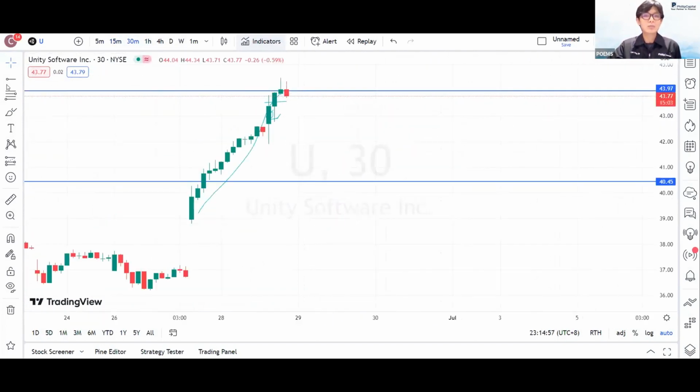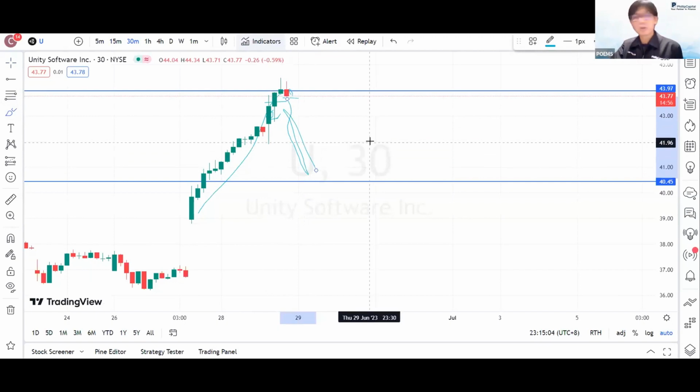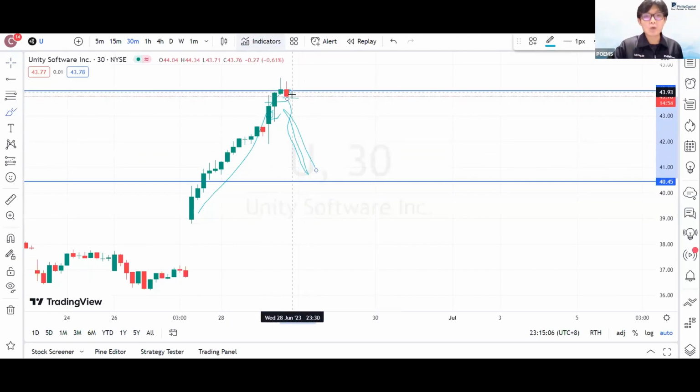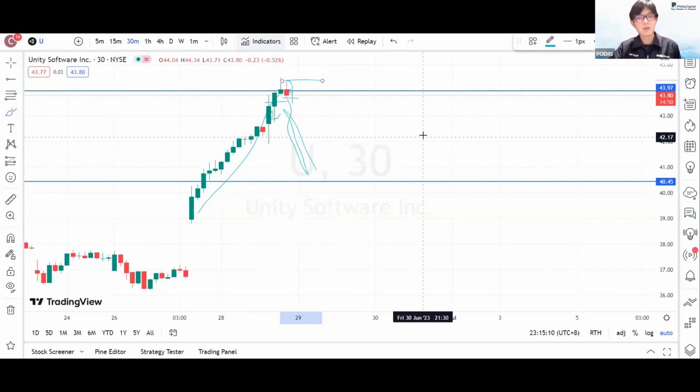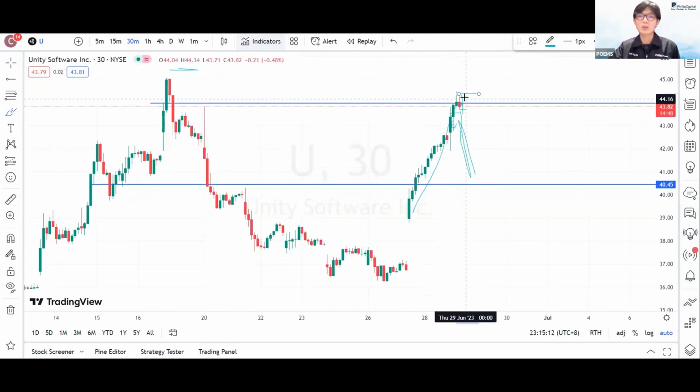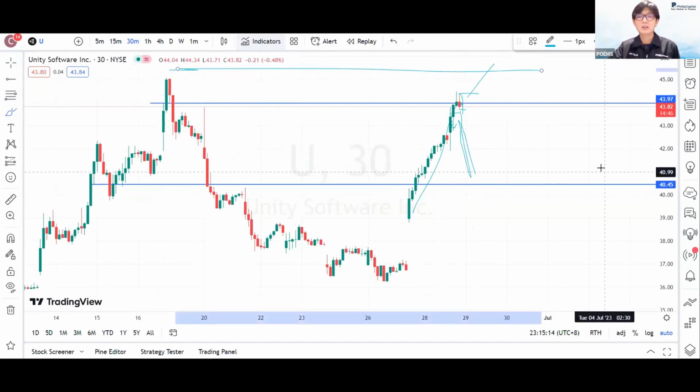As long as we see the next candle with a rejection back, you can look for this short movement back down to 40.45. Otherwise, you have to wait for the pull below, come back up, hit the previous candle's higher high. Then you can potentially look for the high back towards the 45 level.